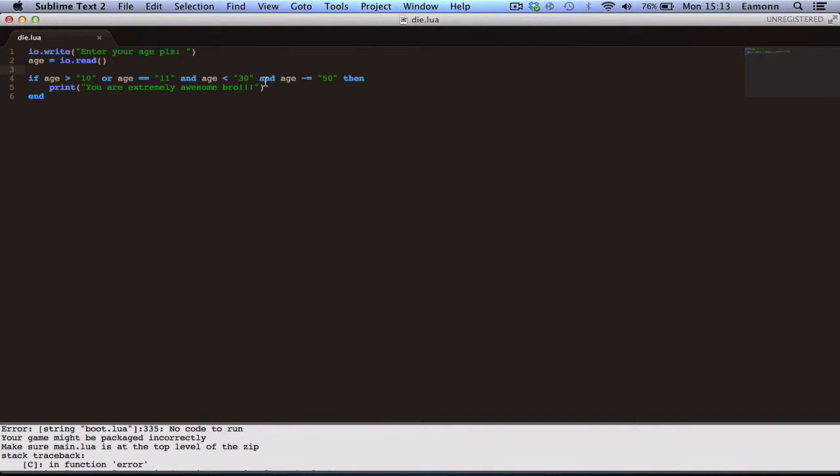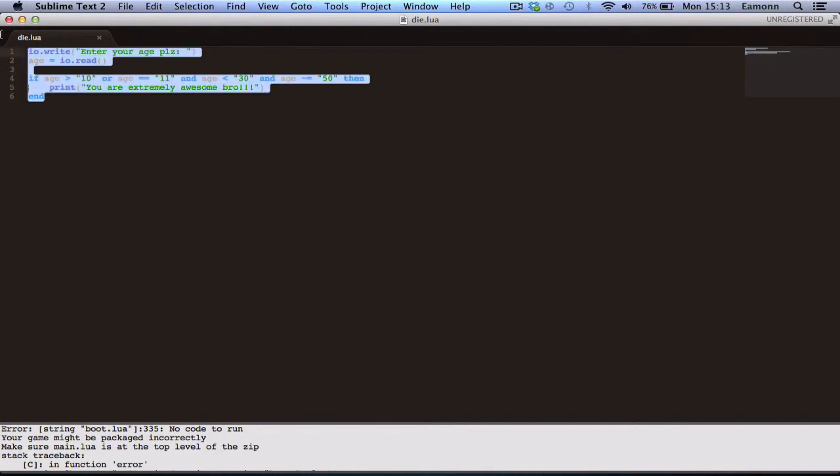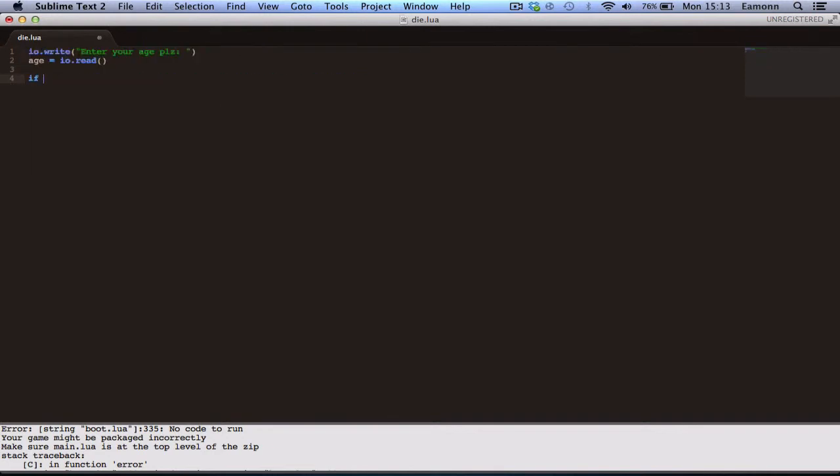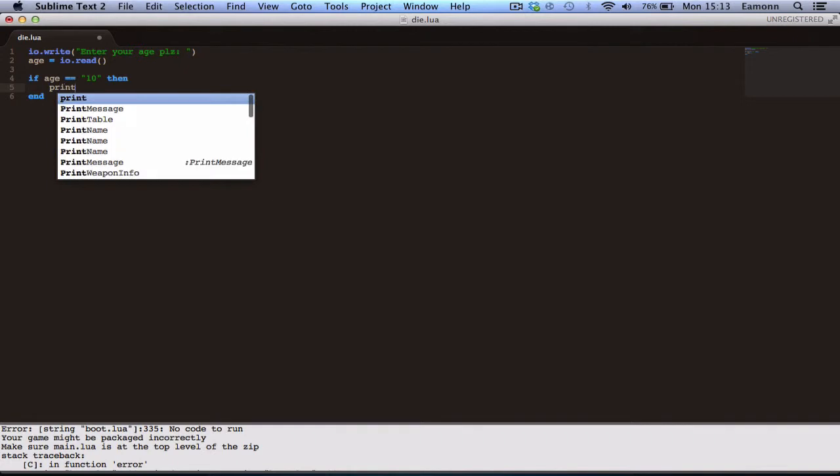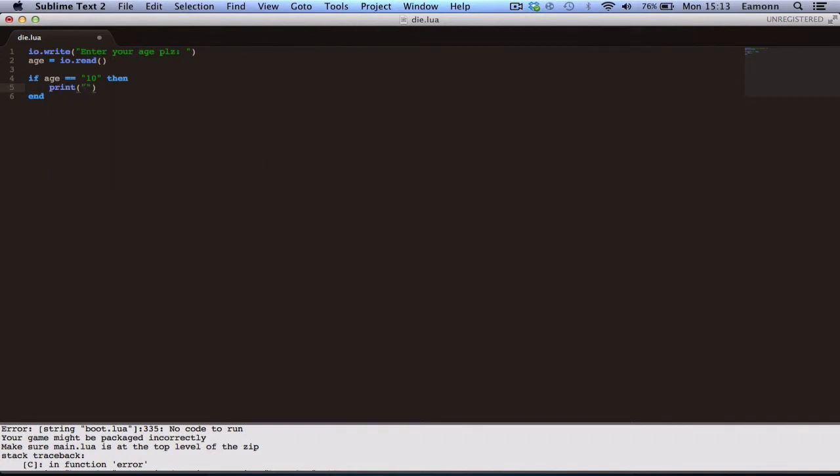Let me just take away the not equal to part because I think you get the idea. So if age is equal to 10, then print awesome sauce.exe. That'll be the semicolon. Right, this is all well and good, but say we want something to happen if the user doesn't enter it. If the age they enter isn't equal to 10, then we're going to say else